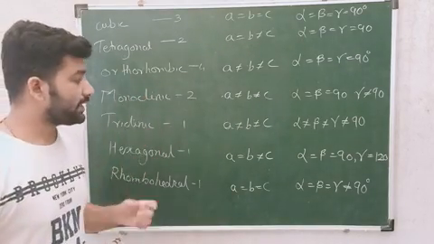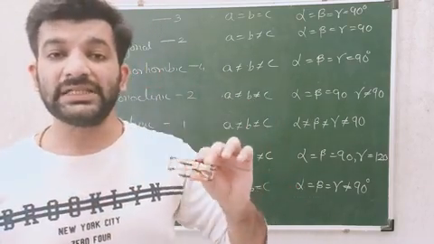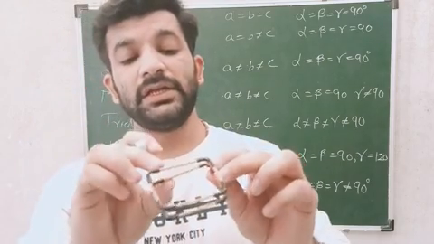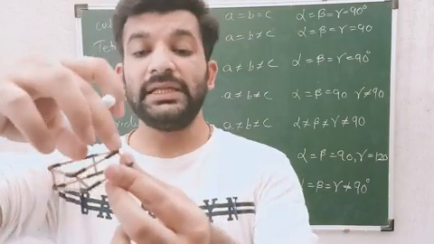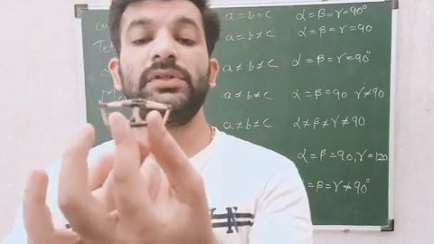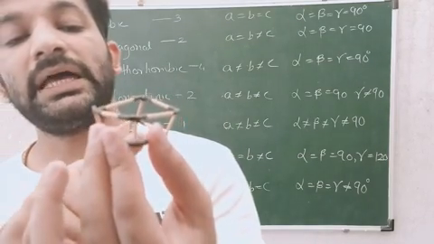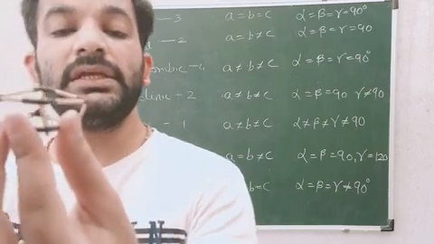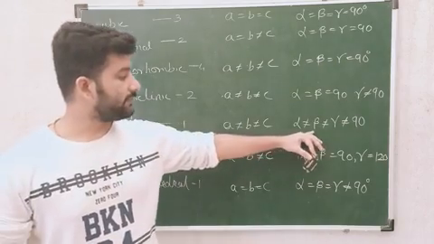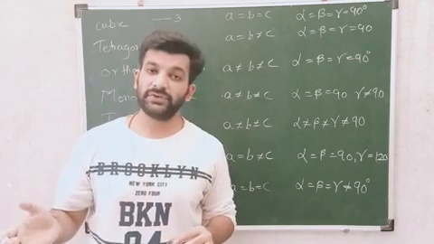Next is what? Triclinic, where again the same structure but having all the angles different from each other. Here you can see that if I adjust the base, the C angle is also changing. If this is my origin, the point which I am showing you, then the angles between these three will be different. So alpha, beta and gamma are not equal to 90. They are different from each other.